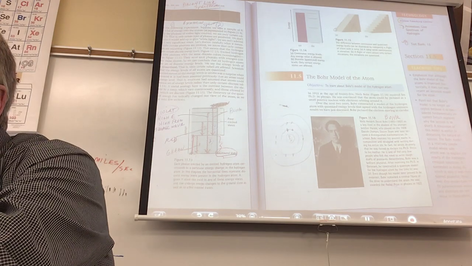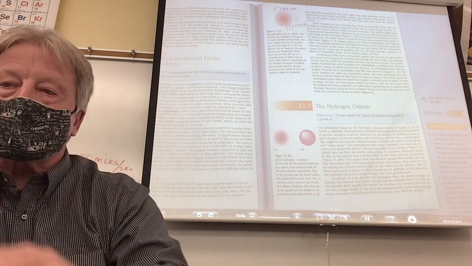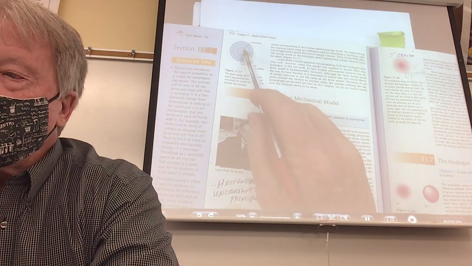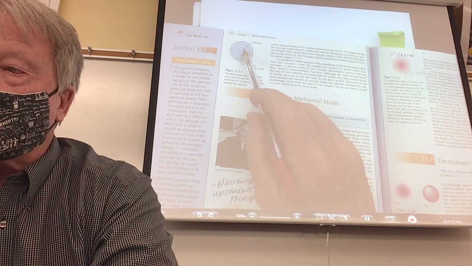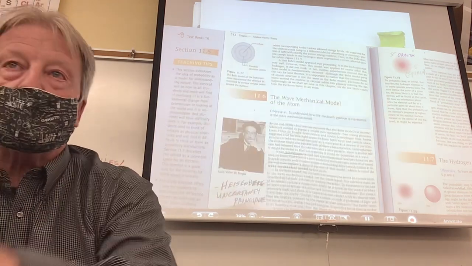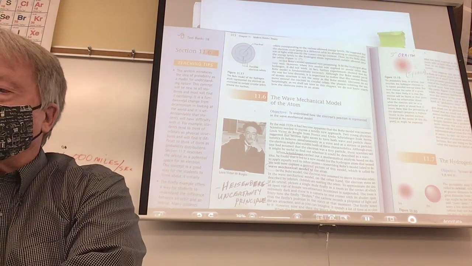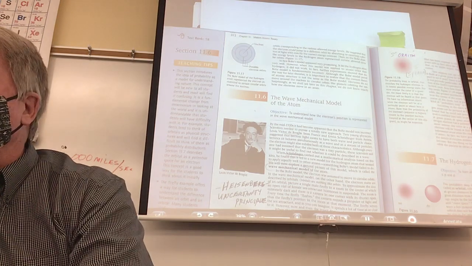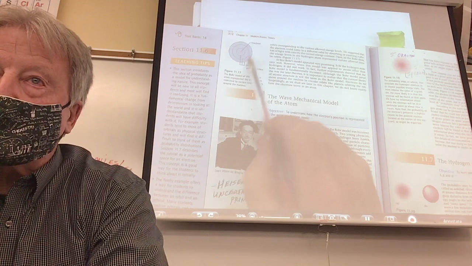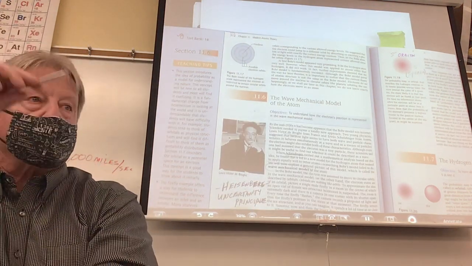All right, so Bohr comes to this model, and he said the electrons can be in a ground state, or if you give them a quantum of energy, they might jump to the next level or the next level. I like that he came up with the idea of a quantum jump. Now, if you read the book, it'll tell you that the rest of his model was not correct. Bohr did think that the electrons went around the nucleus like planets.